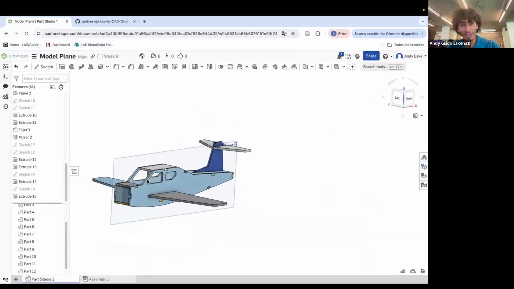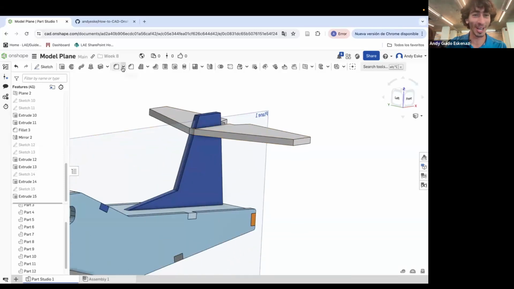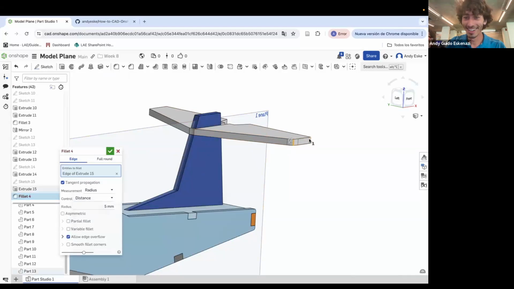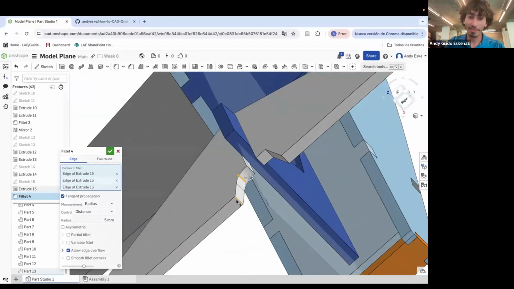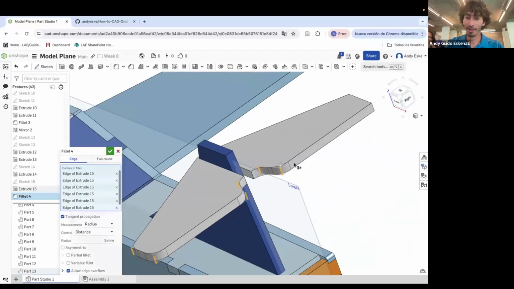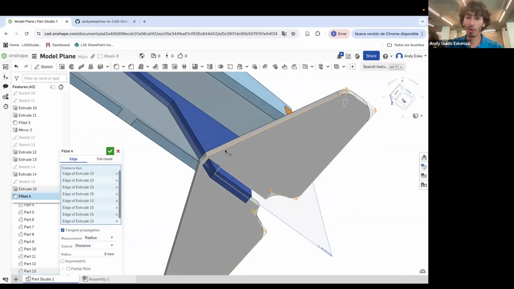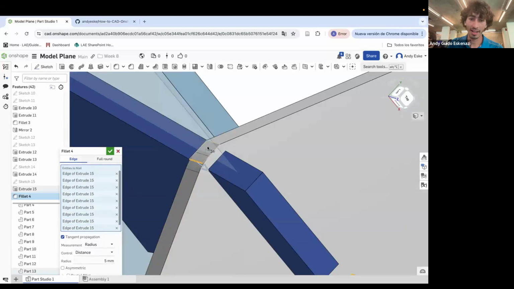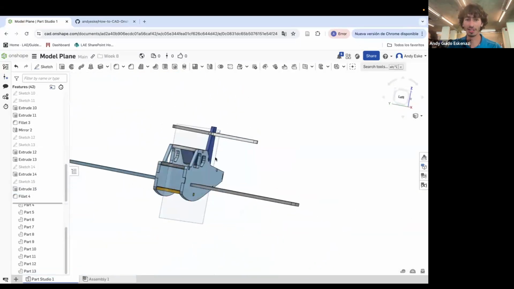Oh, actually, I'm not opposed to the design of this plane. It looks quite okay. Sometimes whenever I do CAD, I'm like, oh, this is just bad. But once you look at it a couple of times, you get convinced. So now, once you add the fillets in there,